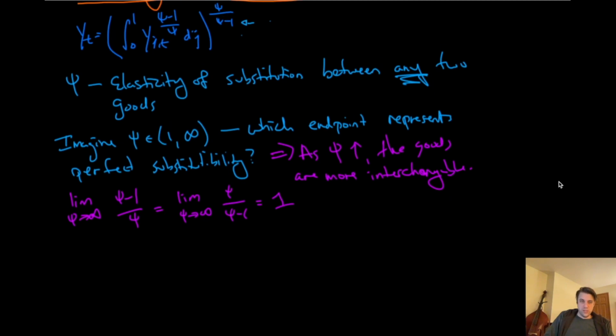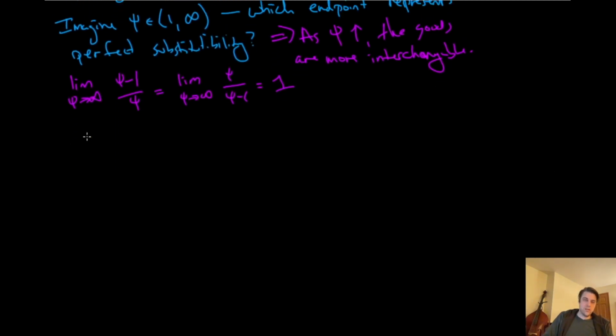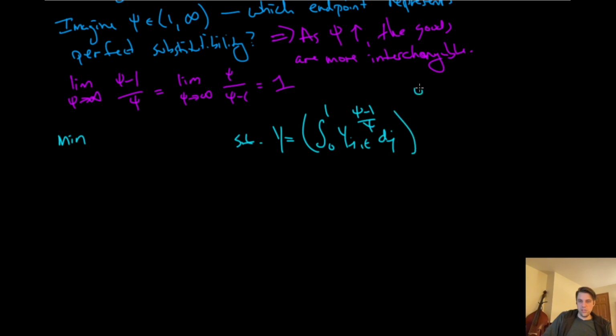Okay, how are we going to deal with this? Enough blah, blah, blah. The bundler has this production technology. Just like the regular firms, their job is to minimize total cost subject to production. And we know their production function. Their production function is just the Dixit-Stiglitz aggregator. It's just yjt to the psi minus 1 over psi dj to the psi over psi minus 1.